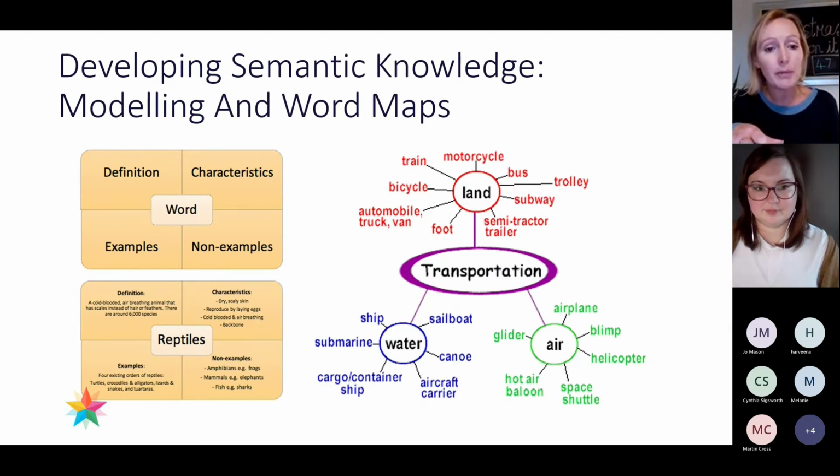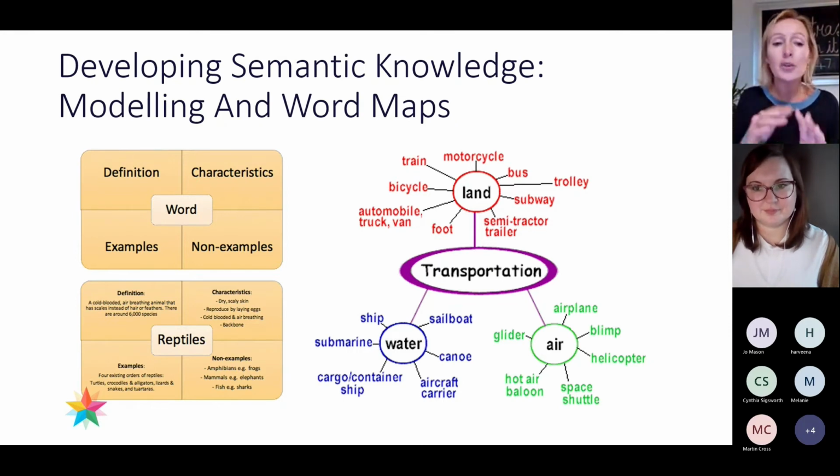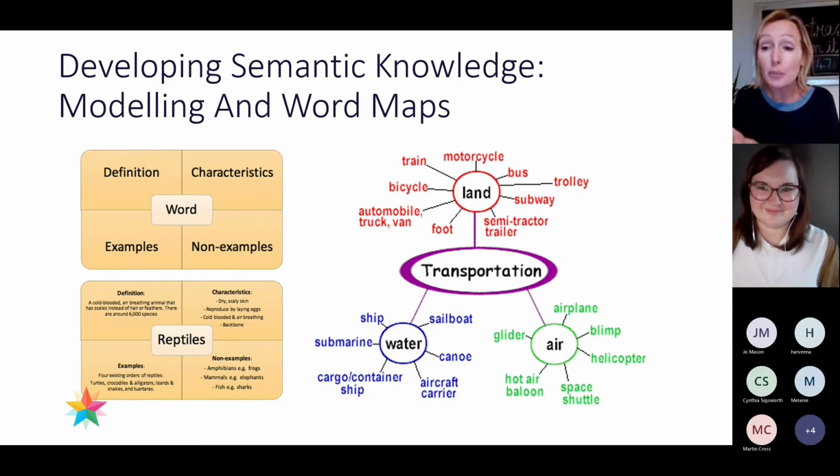For this one, the example is reptiles, but that might be an abstract noun like fear, or equally it might be a character, or it might be a setting, or it might be a colour. You can play around with your keystone word quite a lot, and then you've got examples of that word and also non-examples. We sometimes in teaching call them waggles and wobbles, what a good one looks like and what a bad one looks like. So having the understanding of what it isn't can really help clarify what something is. If you know what it isn't, it does help you consider a bit more succinctly what it actually is.